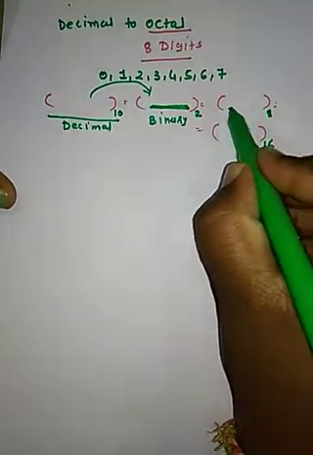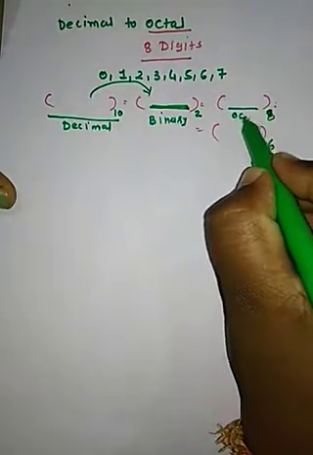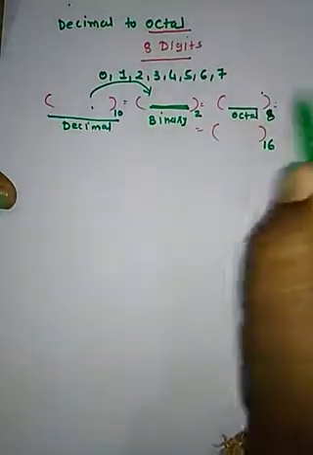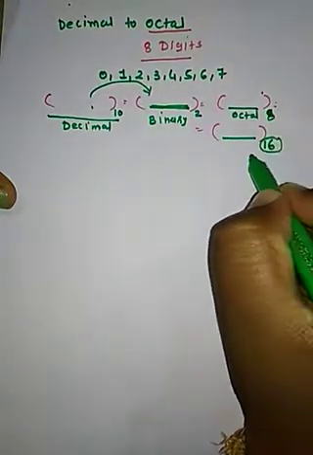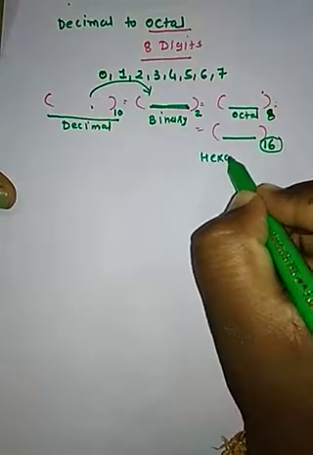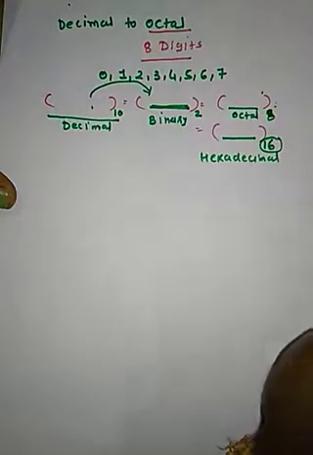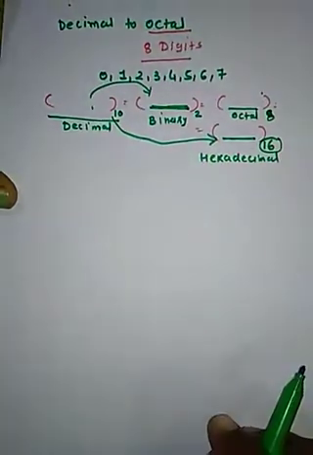Now next there is given 8 out of bracket, means this is the octal number. આ કયો નંબર છે? octal. And this decimal is to be converted into octal. In a third bracket there was written 16, means this is the hexadecimal number. આ કયો નંબર છે? hexadecimal. We will discuss this hexadecimal number next. Okay, so this decimal is to be converted into hexa.